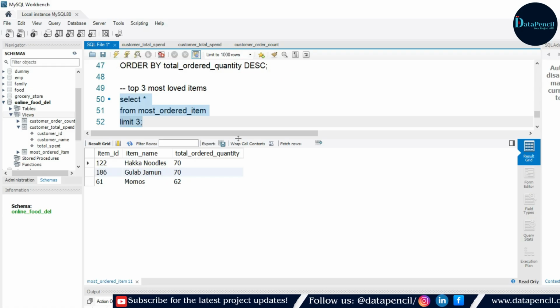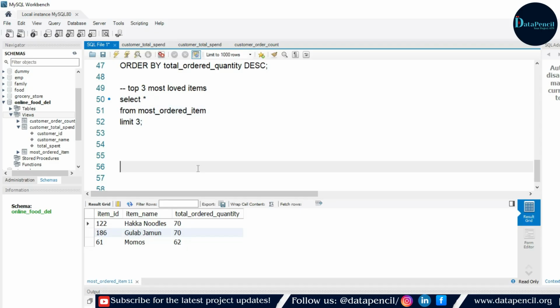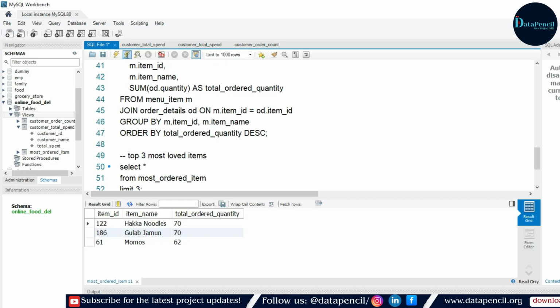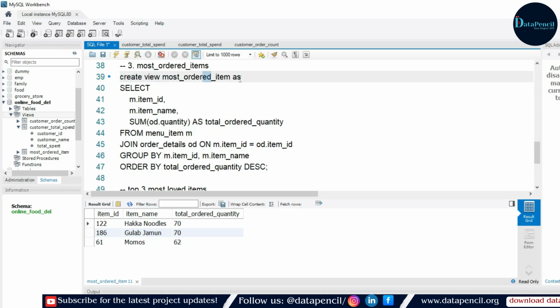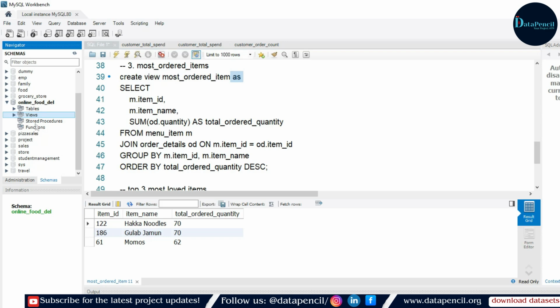Alright guys, so this is the way through which we can create our views. We simply firstly have to write the normal code to get the result, and then at the beginning we have to mention this sentence, which is create view and the name of the view, through which we can create our several views here in this view section. Whenever you need it, you can simply call it. So this is it for this video for this day.